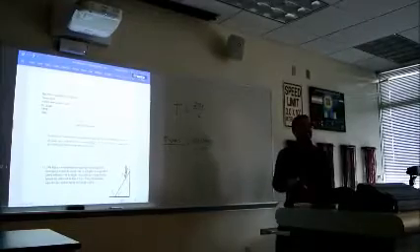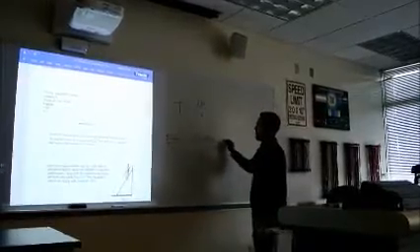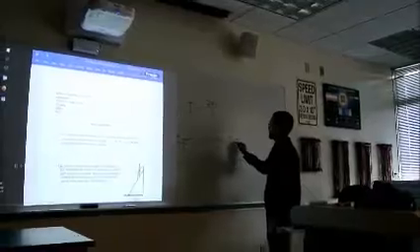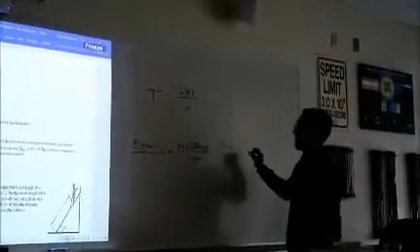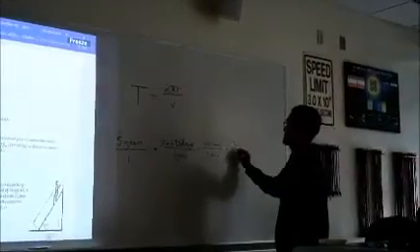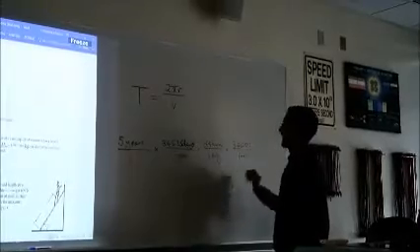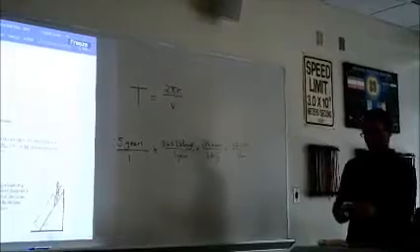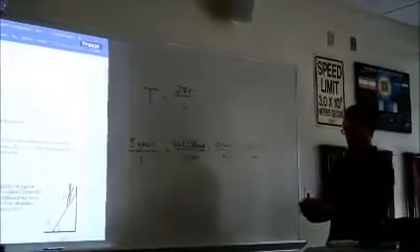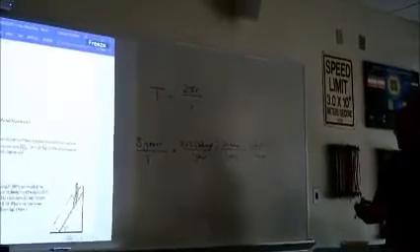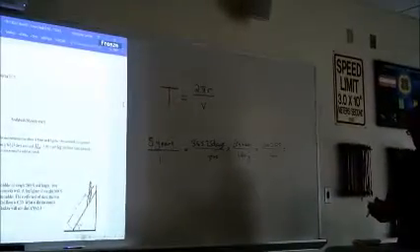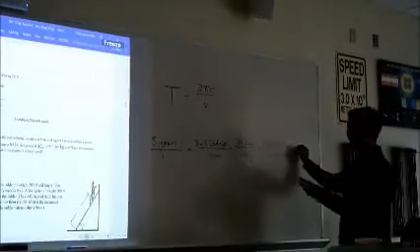Now, I need to get days into hours. So I have 24 hours in one day. And again, I put the day on the bottom so that that would cancel. Now I have hours. And then I multiply by 3,600 seconds in 1 hour. That's now going to give me my time, my period in seconds. So let's go ahead and calculate what that is. That's 5 times 365.25 times 24, and then times 3,600. So I'm going to get